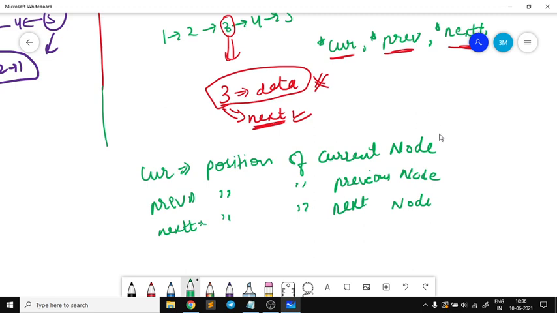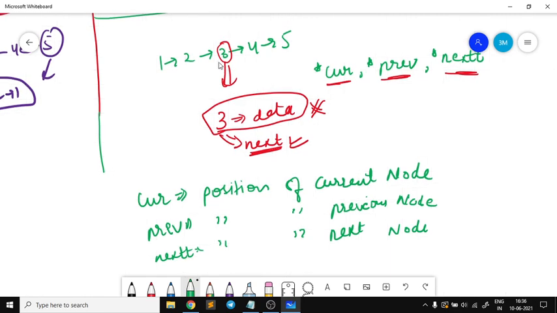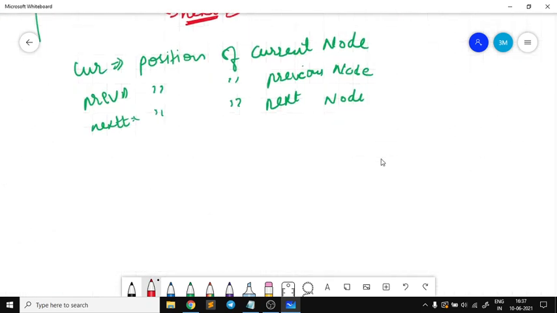Now let us look at what their uses are, correct? So if I am at this 3, I have to change the direction of this next. I have to change the direction and point it to this one. I have to find a way to solve this, correct? So how will I do that? When I am reaching here, I will have my previous pointer pointing to this one, correct? So my previous will be here, and my next will be here, correct? So what is the use? Now since I have to point this next to this previous one, there are basically 4 steps to follow.